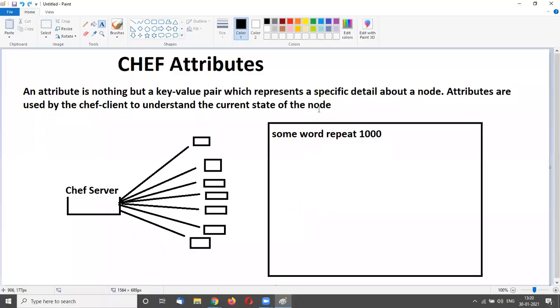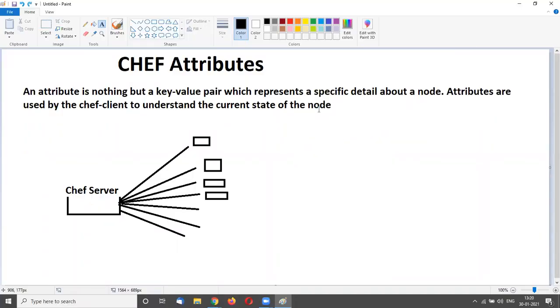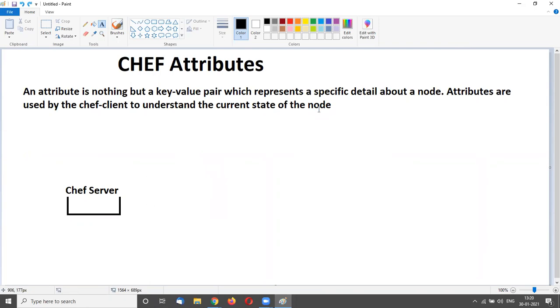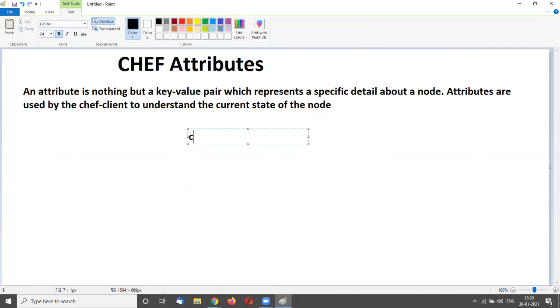Let's understand another scenario. Suppose I have code with 5000 pages, and in those 5000 pages the company name, like the CEO name, appears 20,000 times. If our company name or CEO is changed, how is it possible to make changes in the same file in so many different places? Now we use key value attributes.